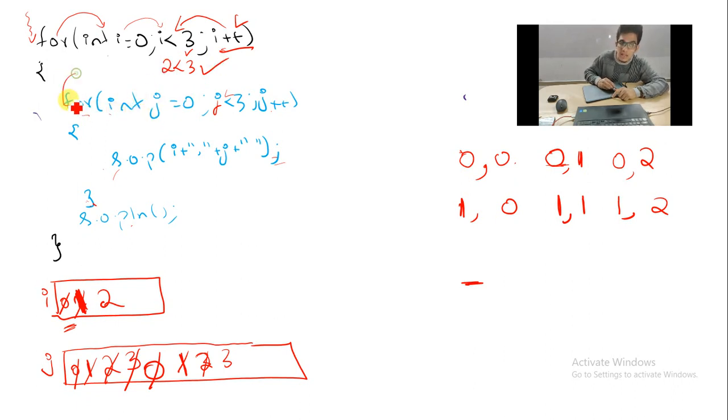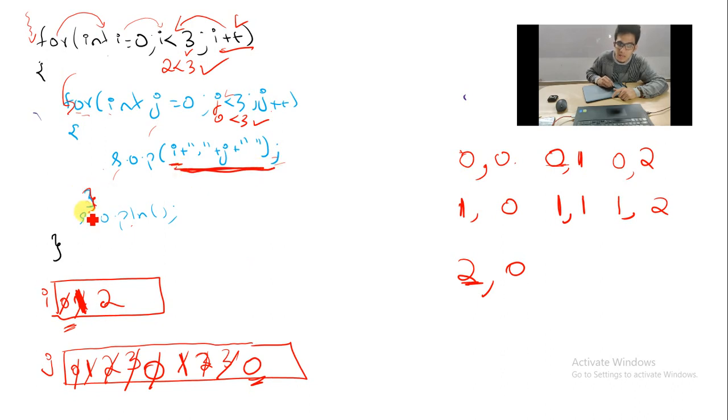So again the control is given to the J loop. Again your J is initialized to what? It is initialized to 0. Is 0 less than 3? Yes, 0 is less than 3. So print the I value. What is the I value in the memory? 2. Comma. Print the J value. What is the J value in the memory? 0. After printing the I value and J value, this line is completed.